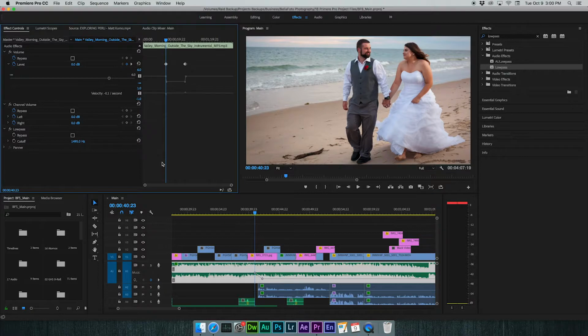Okay. Now, for this particular song, or for whatever song you're using, you're going to have to kind of experiment with the hertz level of your music. What this low-pass filter is doing, I'll try to explain this as basic as I can, but you might have to research this a little bit on your own. Basically, what a low-pass is doing is it's creating a shelf, and it's only letting frequencies underneath that be heard.